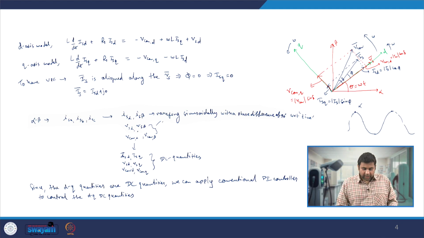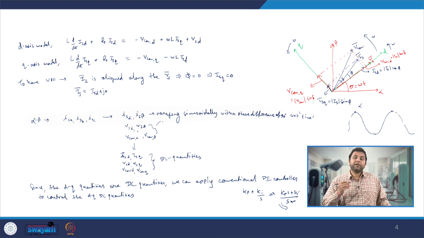from the source, that means we are controlling the ISD and ISQ, and we can do the controlling of ISD and ISQ by using the conventional PI, because if we take the conventional PI, we have the pole which gets introduced at s equal to 0. That means if we look at the transfer function, Kp plus Ki by S becomes Kp S plus Ki by S, and that indicates it has the pole at s equal to 0,